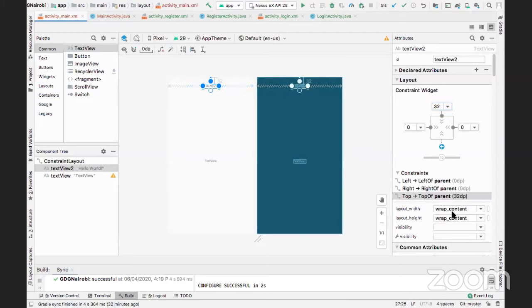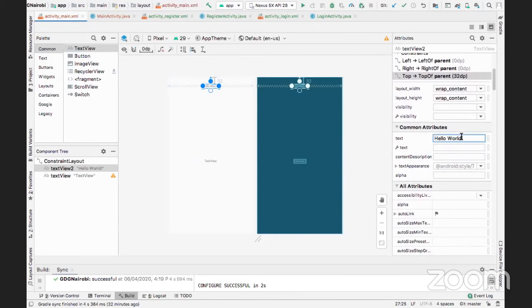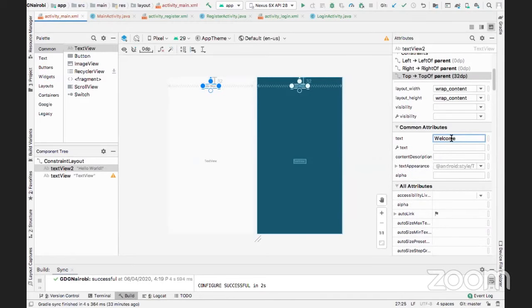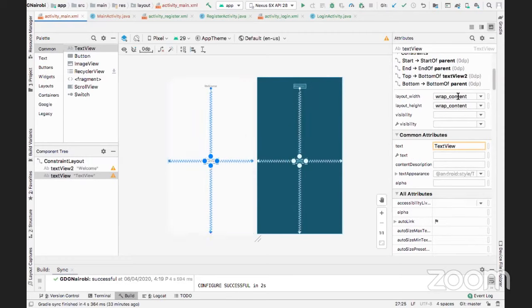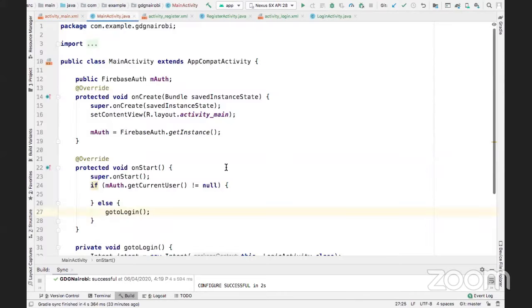And just to keep this basic, this is what we're going to be displaying, our username, so we can come down and change the ID to user text view. Now we can go back to our main activity, and